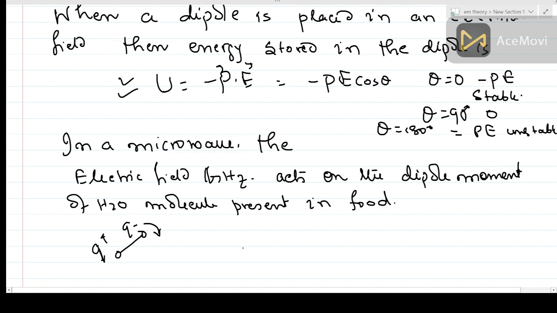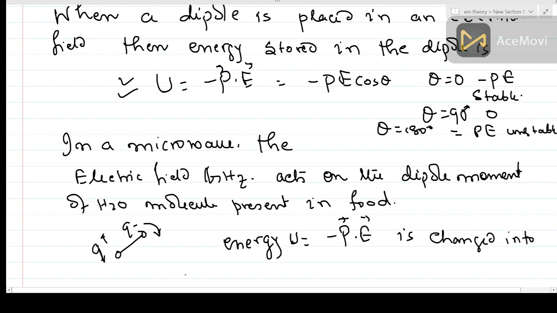This energy U equal to -P·E is used for heating the water. It changes into heat energy and the food is cooked. This is the basic mechanism of cooking the food. Energy -P·E is changed into heat energy,